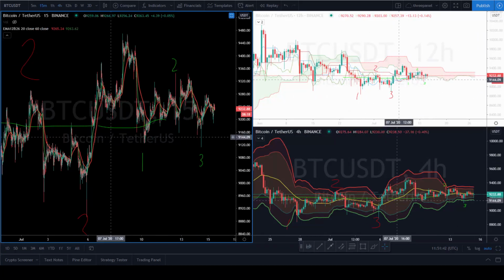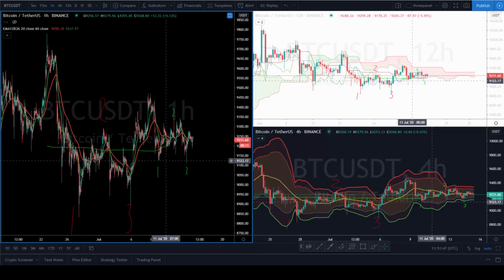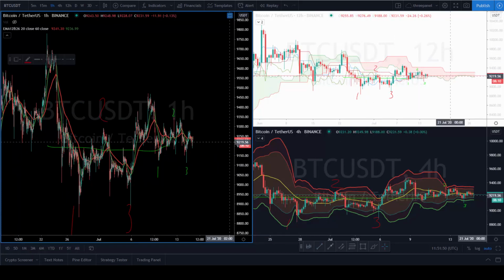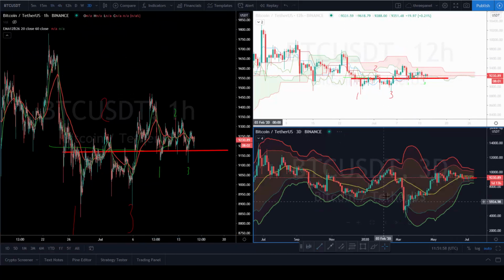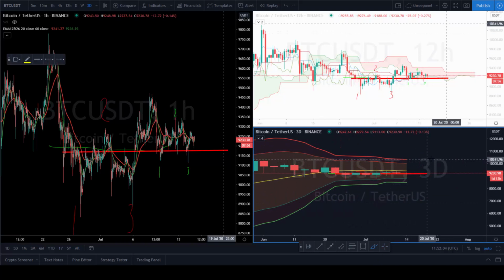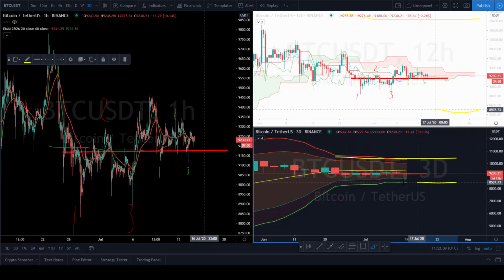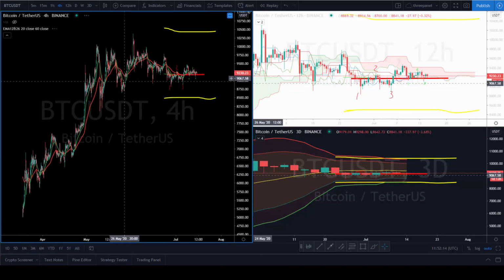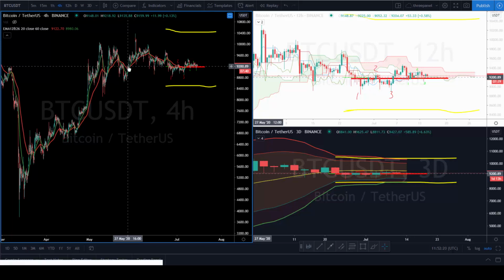So here I'm watching the 1, 2, 3 formations in the 15-minute time frame, the 1-hour time frame, really paying attention to the support and resistance as things are building up here. We can see the layers easily. And yet as I change this chart to a 3-day view, we can see that now I can draw in where these support and resistance lines might be. Let me draw it in this way. Then I can change back to this chart and move out to the 4-hour time frame and get an idea of where those prices might be in this cycle.